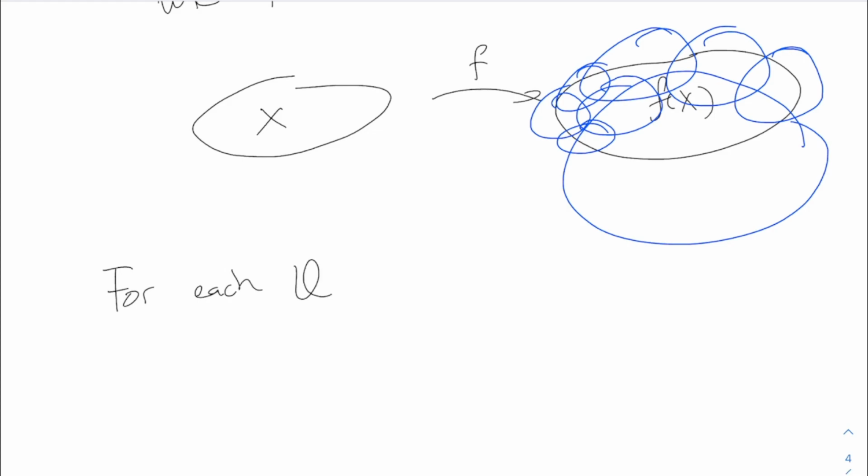All right, I saw somebody say something good. I'm going to say for each V in the open cover, these are like the V's. You could say V1, V2, whatever, but I wouldn't say that actually, because there may not be finitely many of them. In fact, there could be uncountably many of them. But anyway, these are open sets over here, and since F is continuous, you can pull them back over there. That's the definition of continuous, remember: F inverse of whatever. So for each of these,